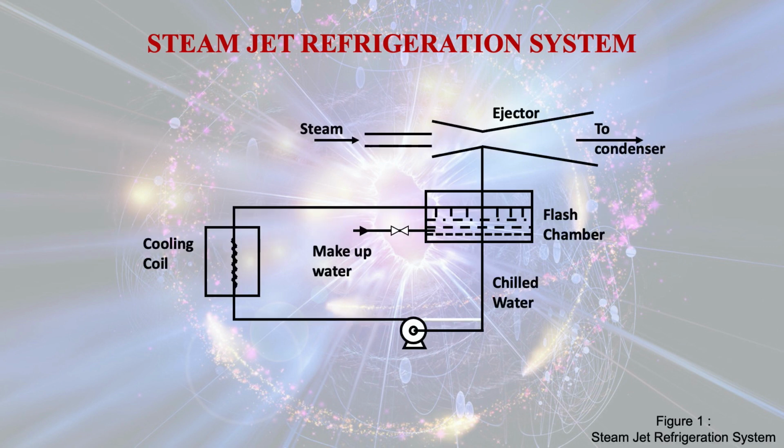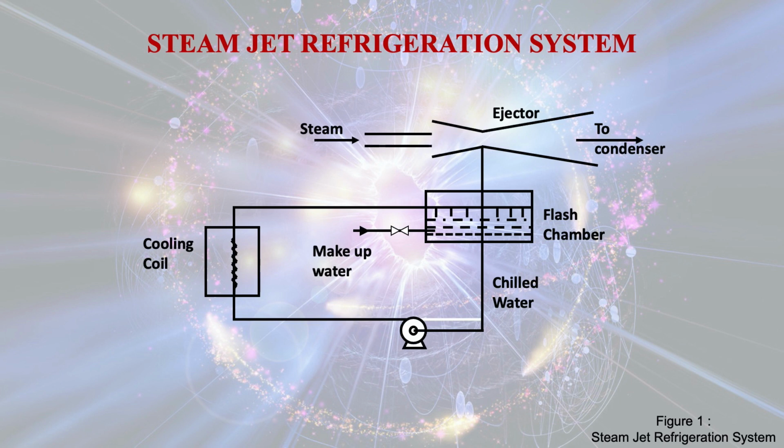This is the schematic of the steam jet refrigeration system. Here you see that there is a convergent divergent nozzle, and in the convergent divergent nozzle the steam is passed. You know very well that at the point of the lowest cross section, that is at the throat, the velocity of the steam will be maximum. Now at the throat, since the velocity